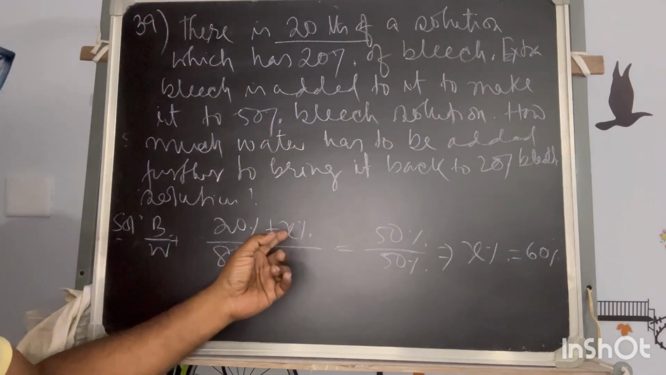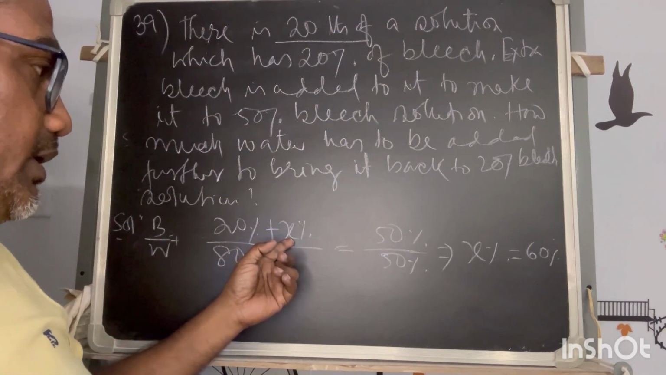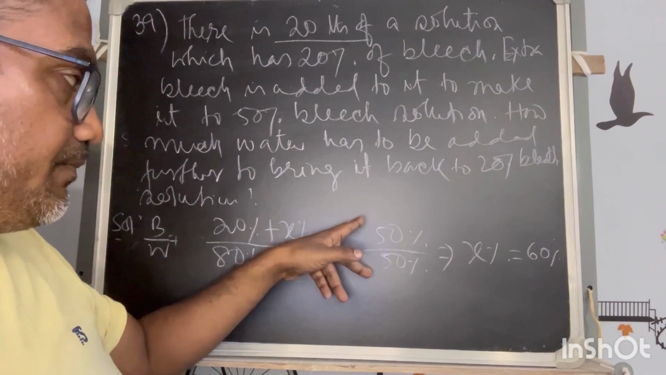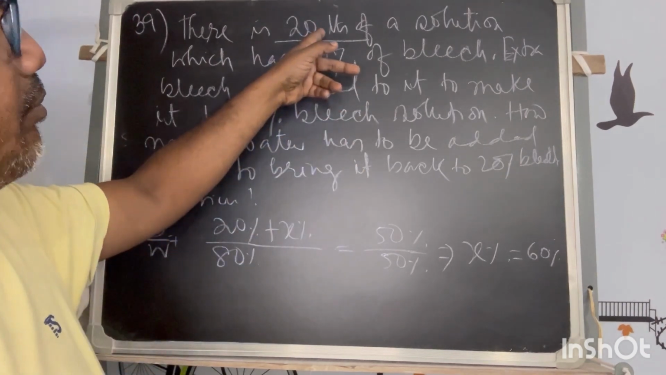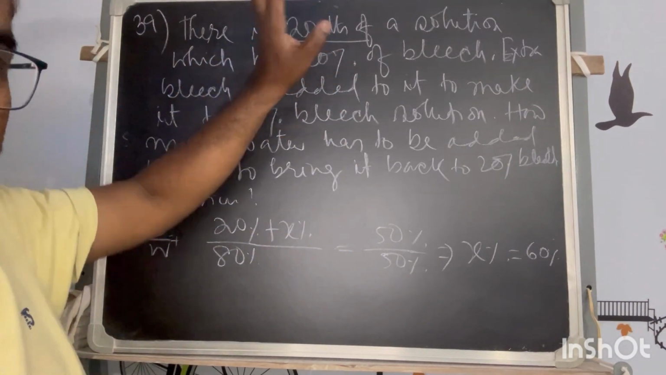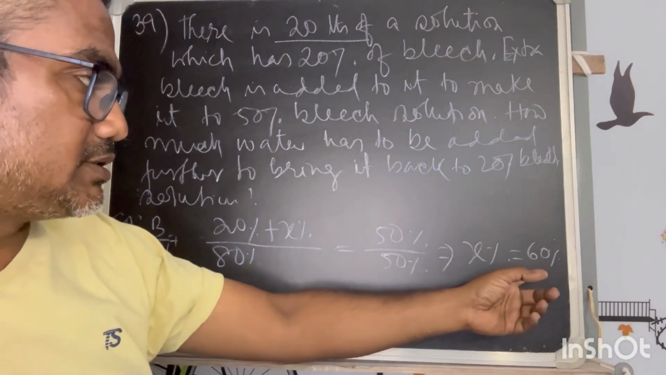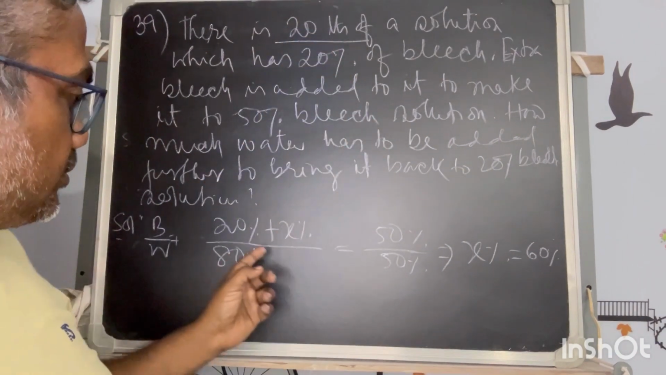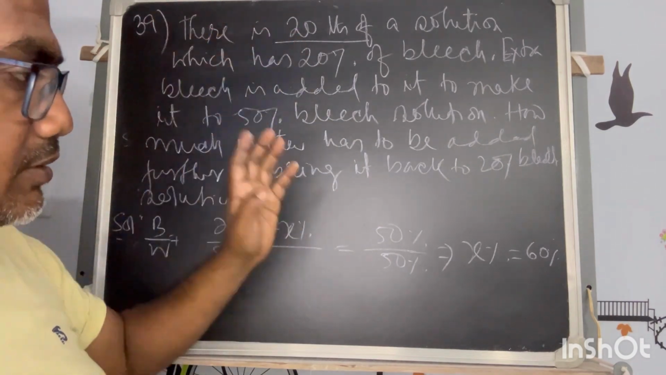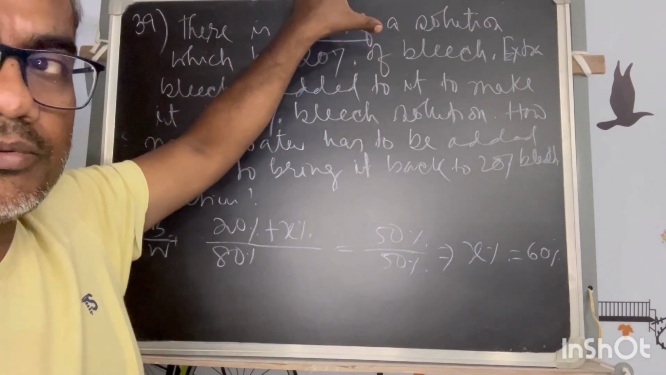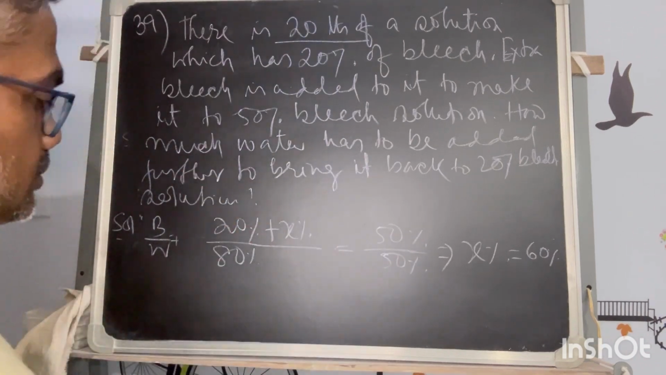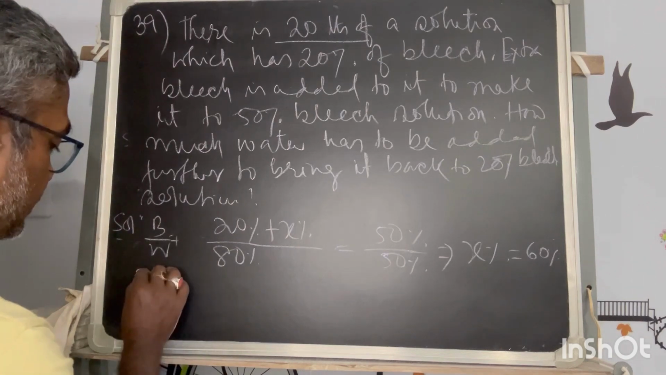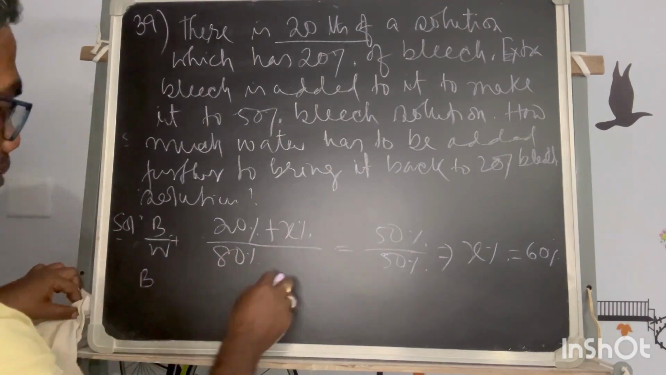Now you see, once you are mixing some bleach to make a new solution of 50/50%, this 50% will not be based on the initial volume, because we have taken X% of this solution. But once we add, the volume itself will increase. So whatever the new solution becomes with adding this bleach, the bleach to water will be